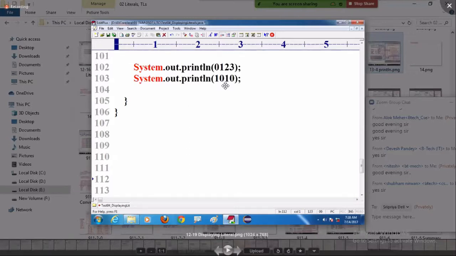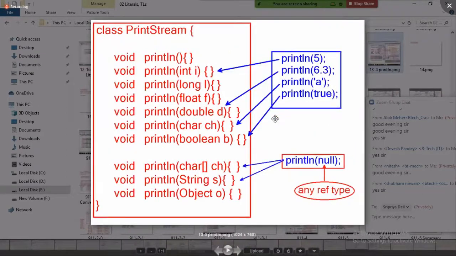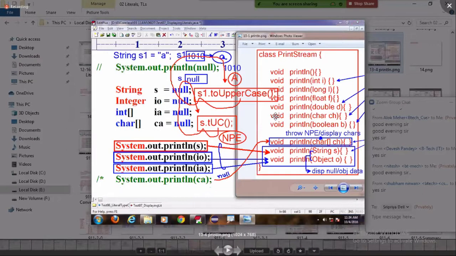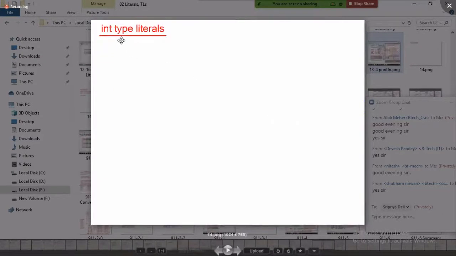Now we should understand how we can inform the compiler and JVM that it is an octal number or a binary number. There is information for the compiler. Try to observe, we need to understand one small story here. Look at int type literals. According to the number system, integers are divided into 4 types.